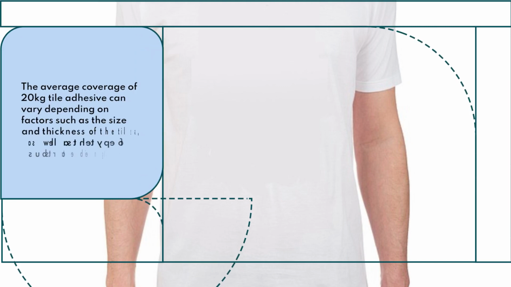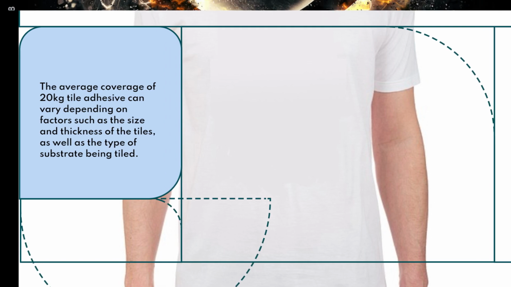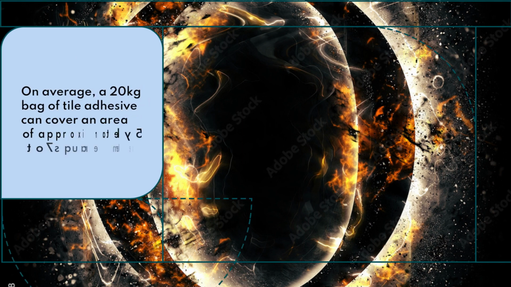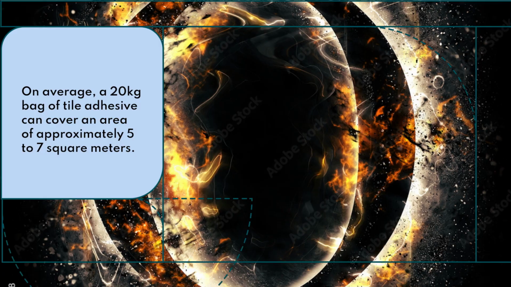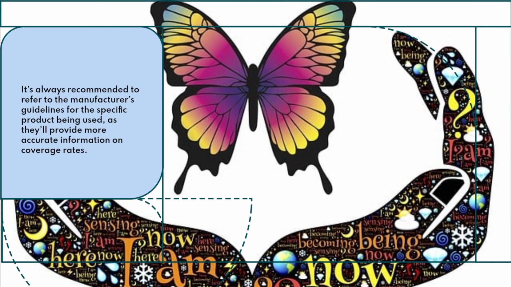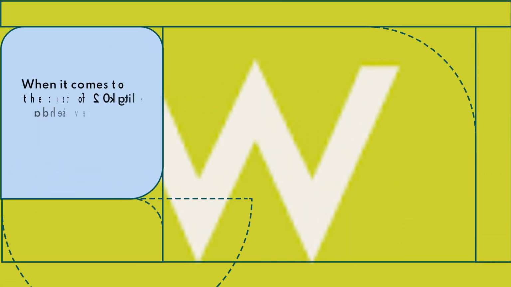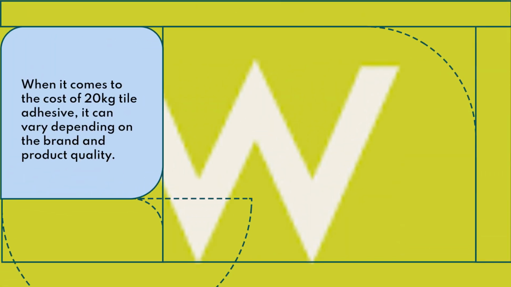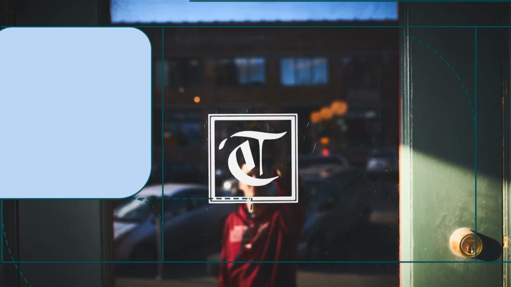When considering the coverage of 20 kilograms of tile adhesive, it's important to take into account the specific requirements based on tile type and surface characteristics. The average coverage of 20 kilograms of tile adhesive can vary depending on factors such as the size and thickness of the tiles, as well as the type of substrate being tiled. On average, a 20 kilogram bag of tile adhesive can cover an area of approximately 5 to 7 square meters. It's always recommended to refer to the manufacturer's guidelines for the specific product being used, as they'll provide more accurate